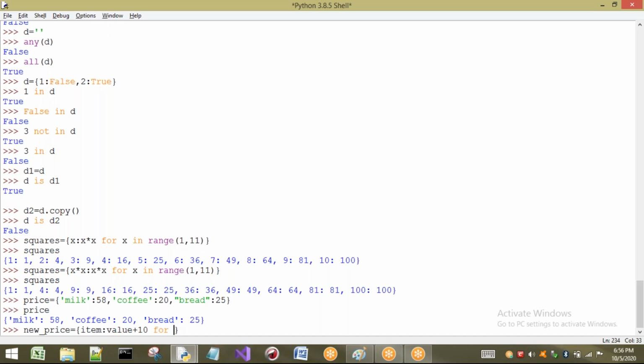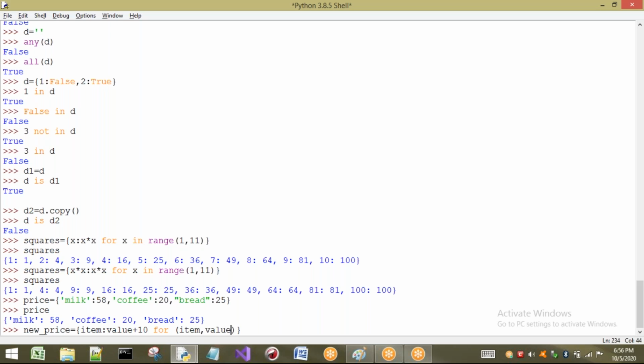Listen carefully. I am going to take both key and values. So I have to apply items. Item, comma, value I am going to take.